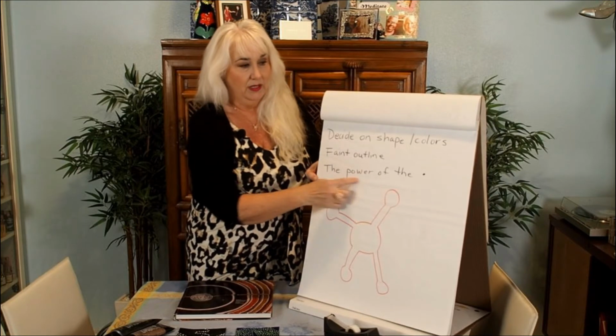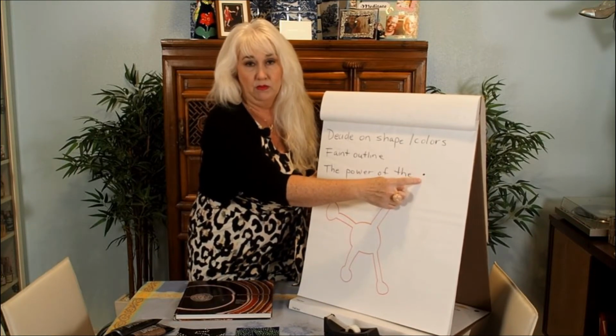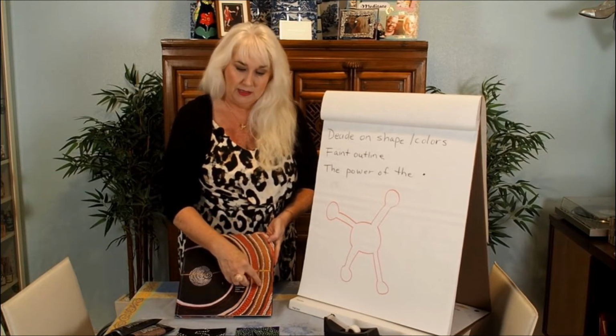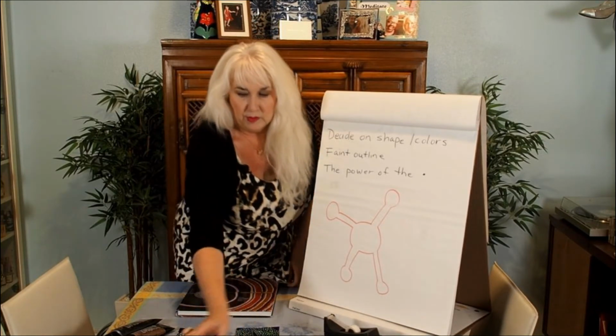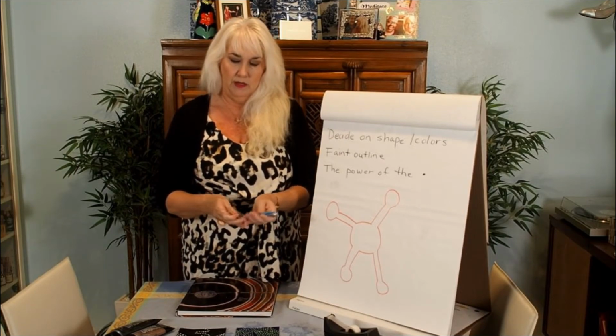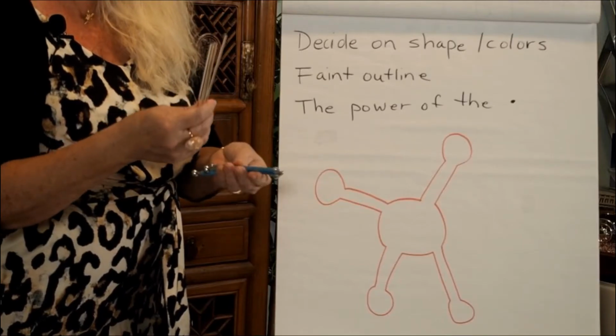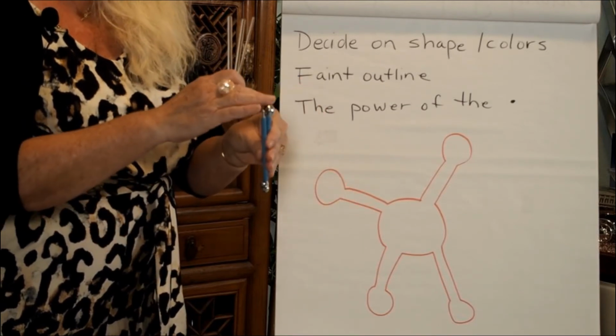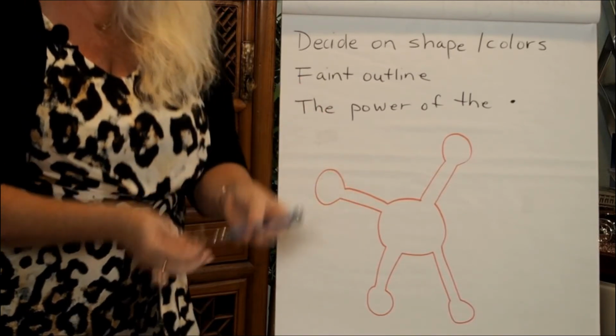And then I want to talk about the power of the dot. So that's what we're using. And as you refer back to the book cover, you see there's repeated dots happening. So these are some items that I picked up at Michael's one day when I was shopping, and they are just very simple acrylic rods. And these are simple little tools that have different size balls on the end of them for making dots.